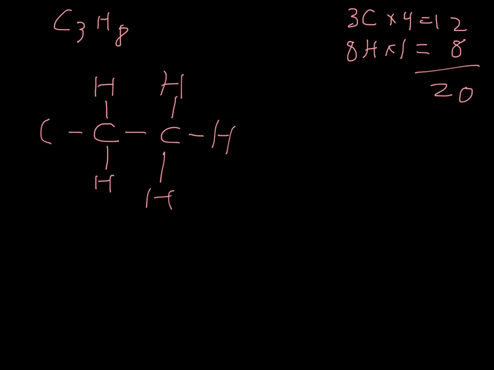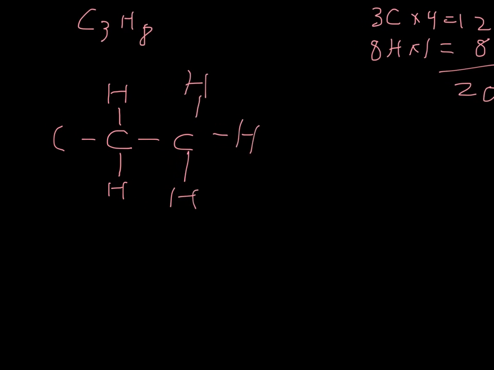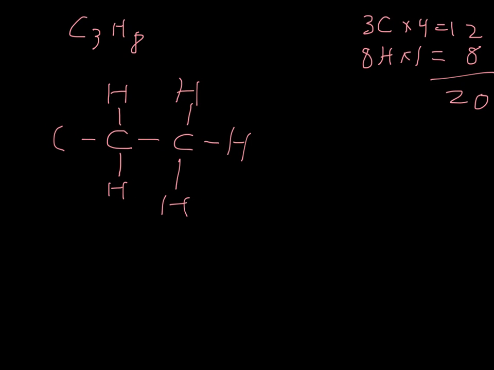This carbon over here has only 1 bond, so it can participate in 3 more. So it can bond with 3 more hydrogens. And what do you know? We've found a partner for all of our hydrogens because we've bonded 1, 2, 3, 4, 5, 6, 7, 8 hydrogens. So we now have found a home in our skeletal structure for all of our carbons and all